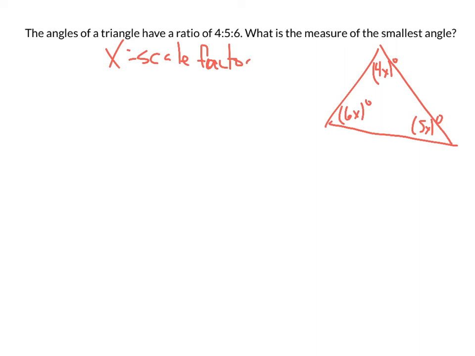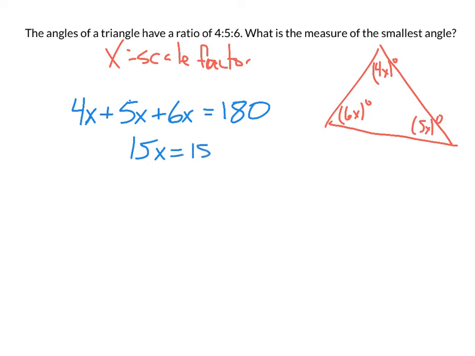And we know that all three angles, 4x, 5x, and 6x, should total to be 180. Okay, so let's go ahead and solve that. When we take 4 plus 5 plus 6, we get 15 still times x equals 180. If we divide both sides by 15 then, x is equal to